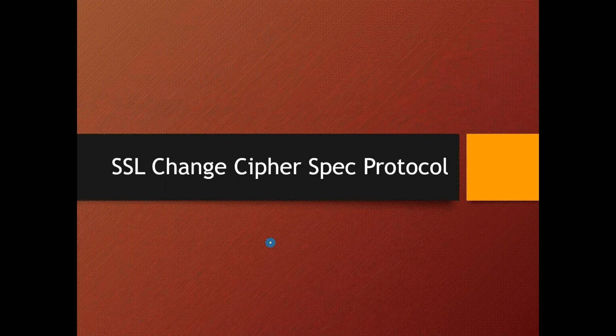Now once we have completed the SSL record protocol, the next one is the SSL change cipher spec protocol.